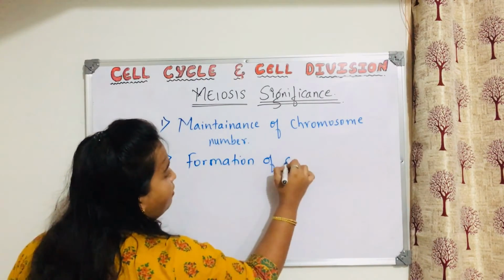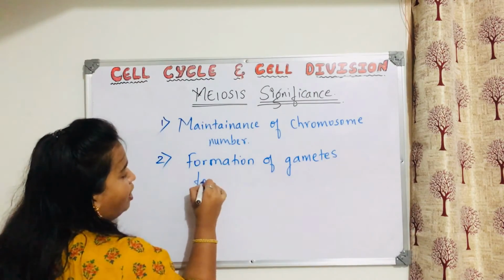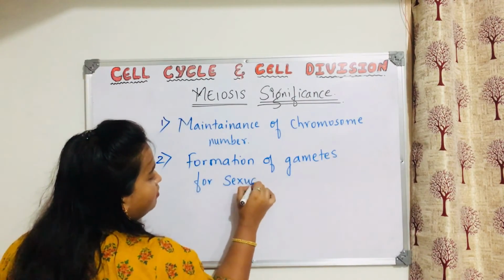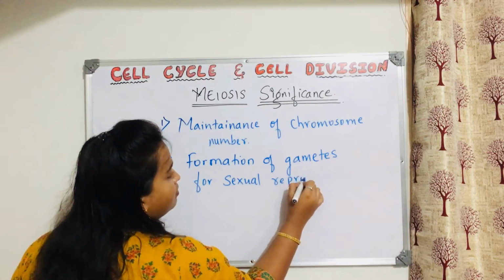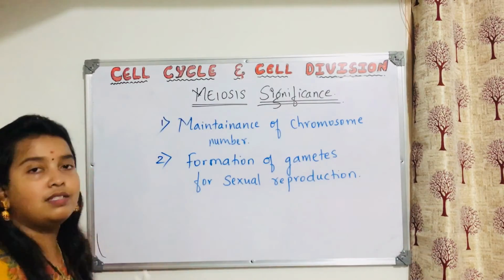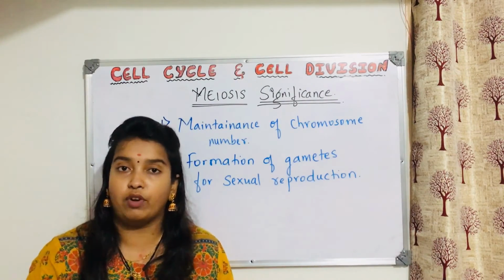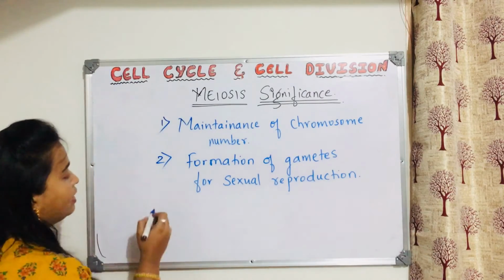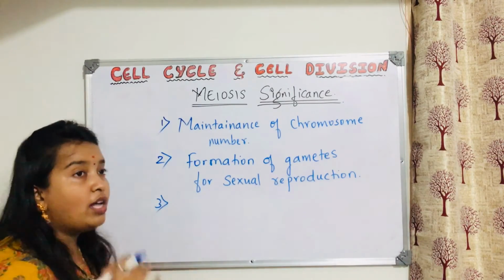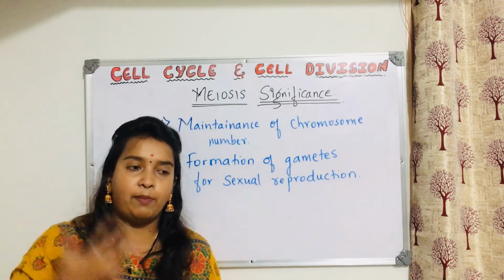Formation of gametes. And gametes are important, no? Why? For sexual reproduction. So formation of gametes plays a very important role, for the sexual reproduction process. That gamete formation is happening because of meiosis. Then the third thing: in meiosis 1, the leptotene, zygotene, pachytene, diplotene and diakinesis stages